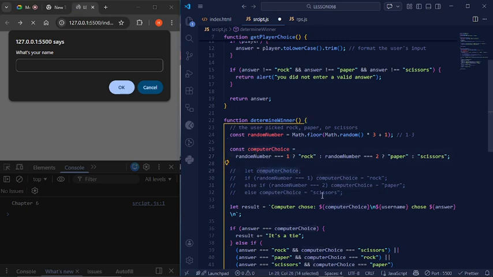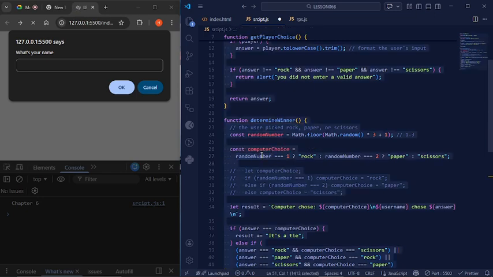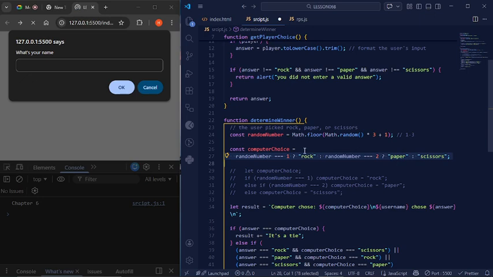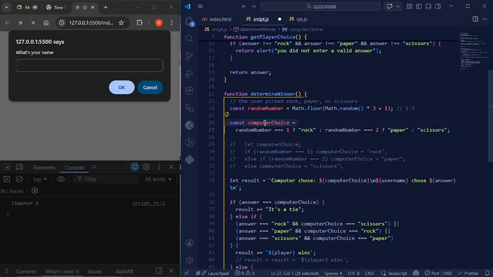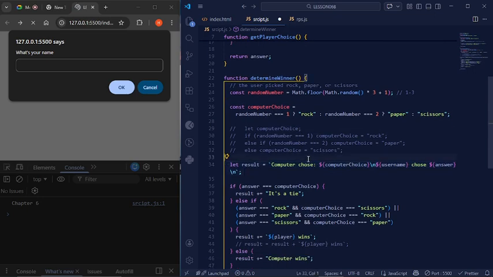This one does not use let like this one. It uses const. It says const randomNumber equal to. Now this is a ternary statement. The ternary statement is going to return one of these three. The first part says randomNumber equal to 1, return rock. randomNumber equal to 2, return paper. Else, return scissors. So computerChoice will be equal to one of those three at this point, and then we define a result